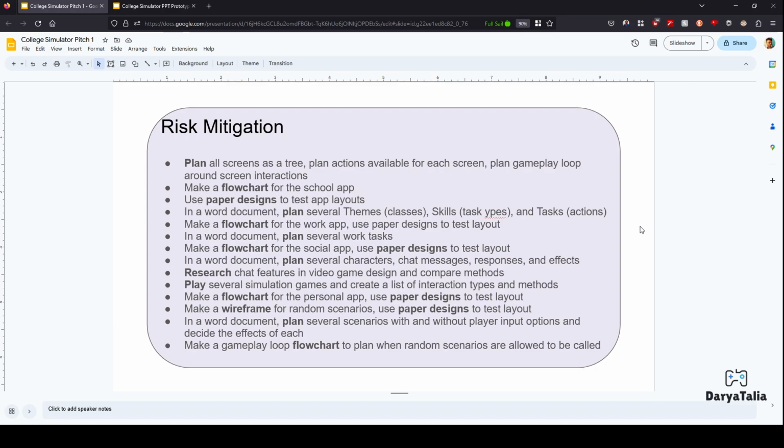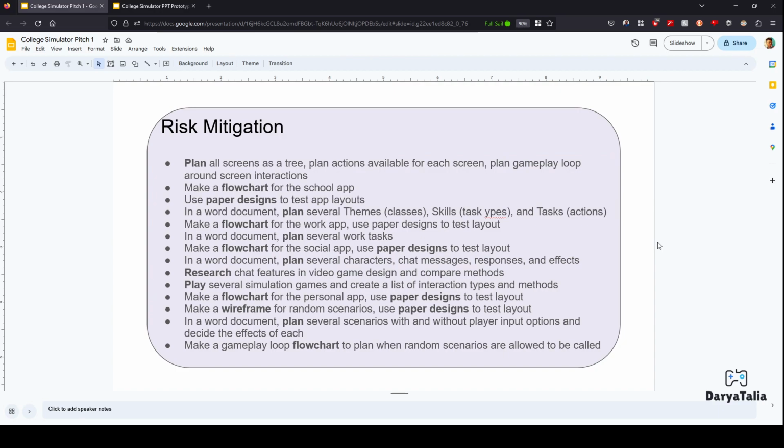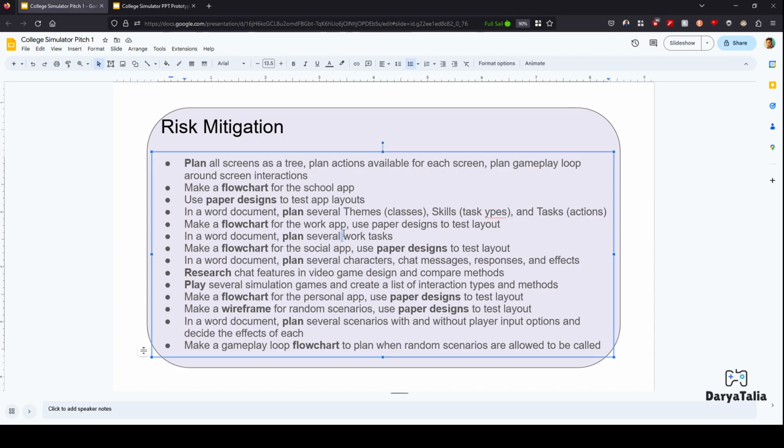Risk mitigation largely comes down to a lot of planning through flowcharts, paper designs, Word documents, and wireframing. So I plan on doing a lot of paper designs, a lot of prototype designs, using documents to plan classes, skills, the different actions and activities, the characters, chat messages, responses, and effects, as well as the work tasks,